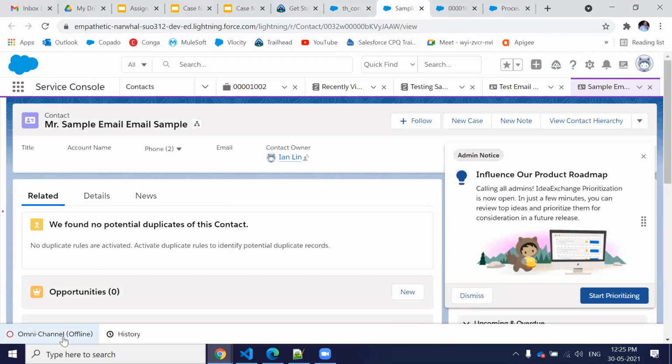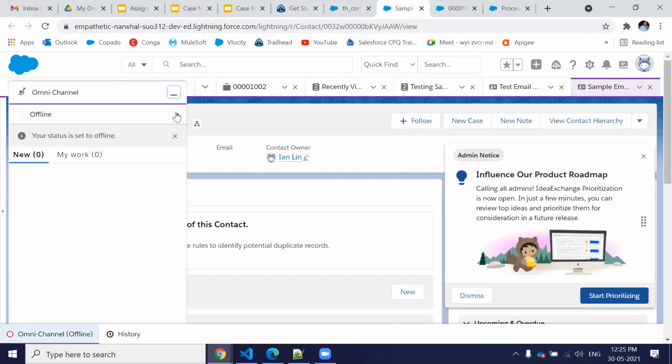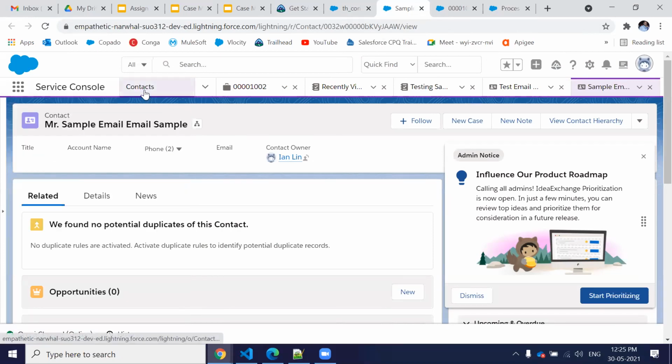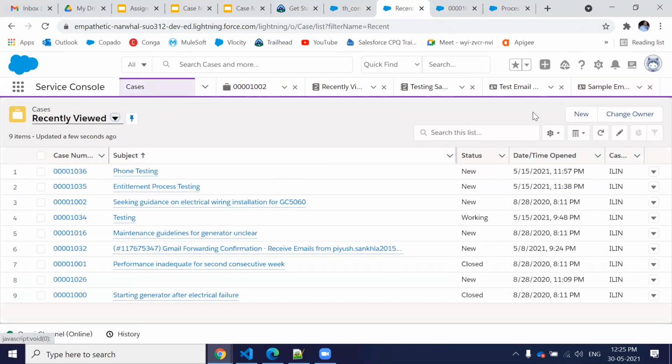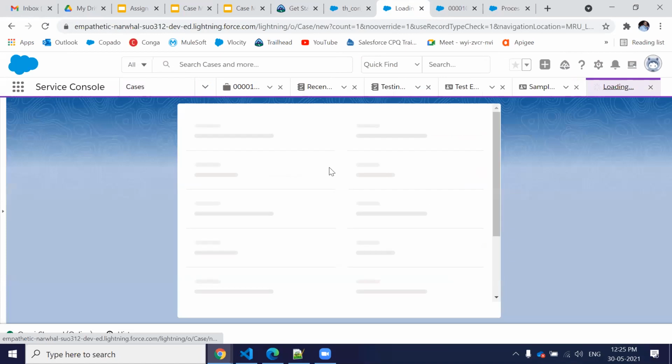So here I have, let's just make it available. Make it available, go to case, either this one or that one. I have two orgs.